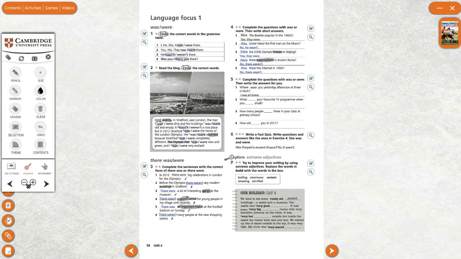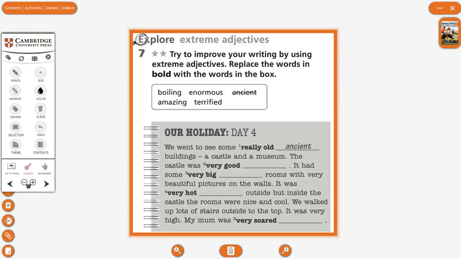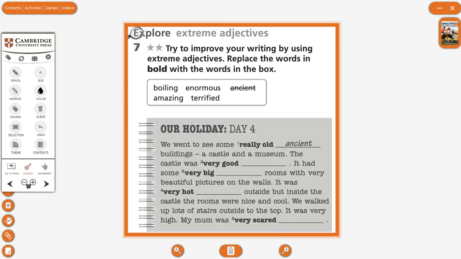Okay, now I pass exercise 7. Try to improve your writing by using extreme adjectives. Replace the words in bold with the words in the box. In this exercise, you have to know these words, extreme adjectives meanings. If you don't remember, please look at your students' book exercise about these adjectives and write the meaning of them